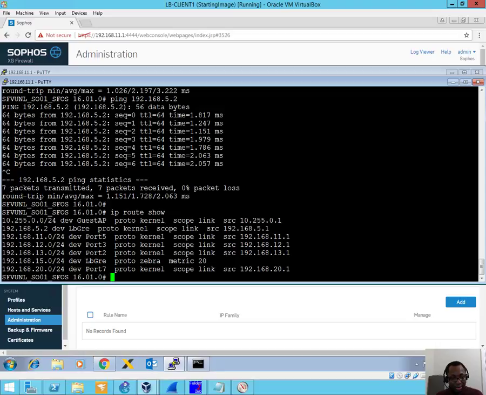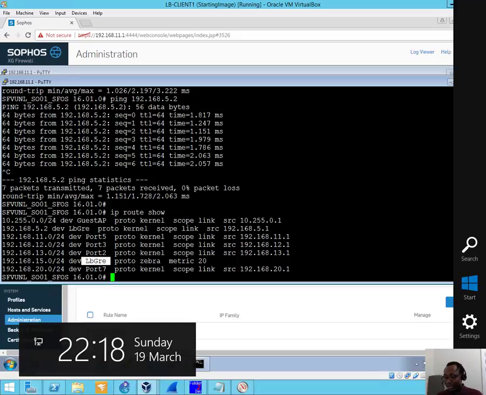192.168. Am I on the, yeah, I'm on the light bulb side. So 15, yeah, here we go. 192.168.15.0, and that's saying I've learned this from OSPF, but that's pointing to my GRE interface, that's where I learned it from. And if I go on the other side of things,